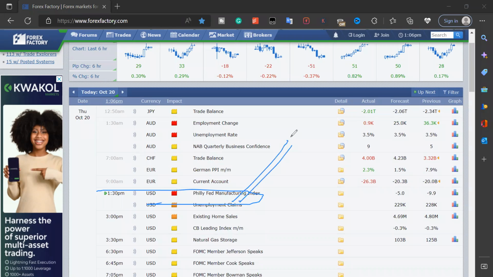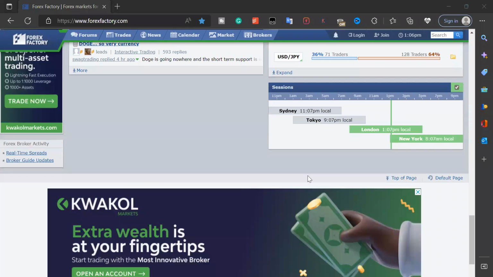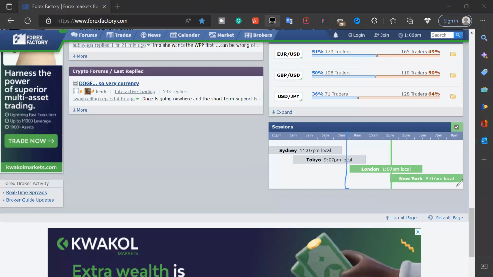But let me share with you the Q zone. This is where you see the Q zones. If you come down, look at it. You can see this place, they wrote sections. Now, these sections are the best times to trade. For me, I trade this London and New York section. These are the best times I trade. I don't trade these ones. These ones, the market doesn't move very well.